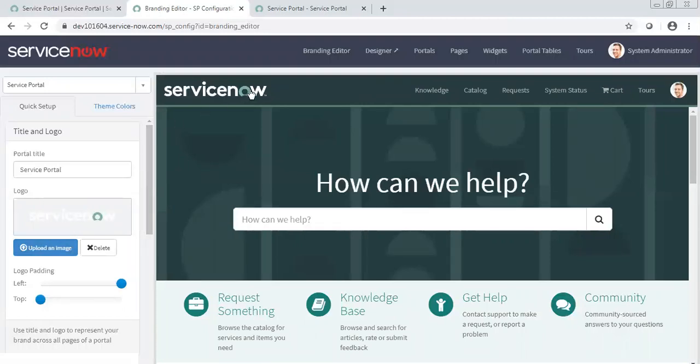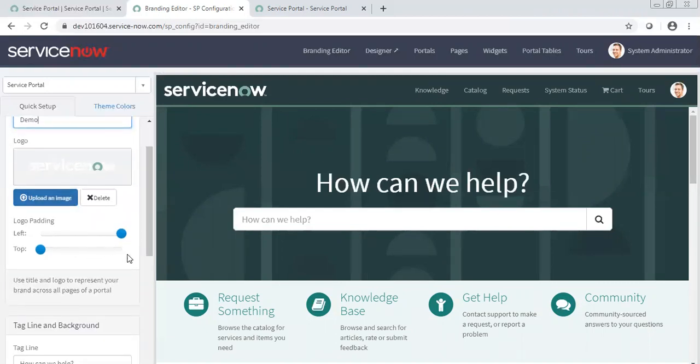The same logo is getting displayed. We can select any logo, so you can change directly from here. If you want to change the portal title, you can change it from here. And then logo padding, basically how much space you want to leave from top and bottom.